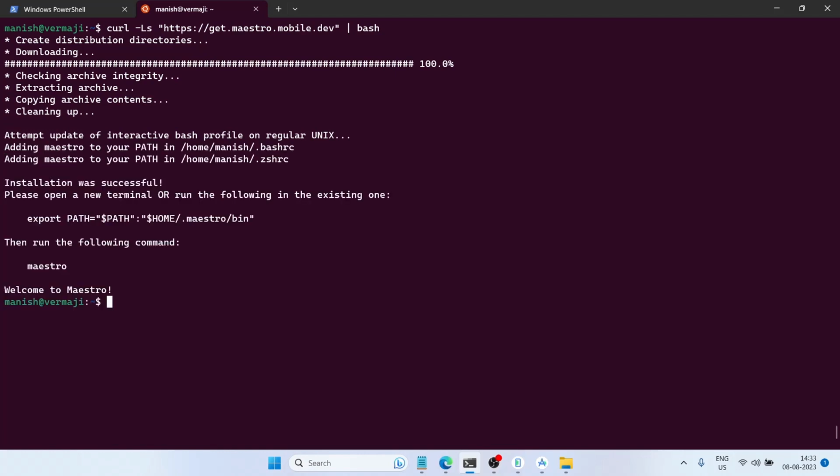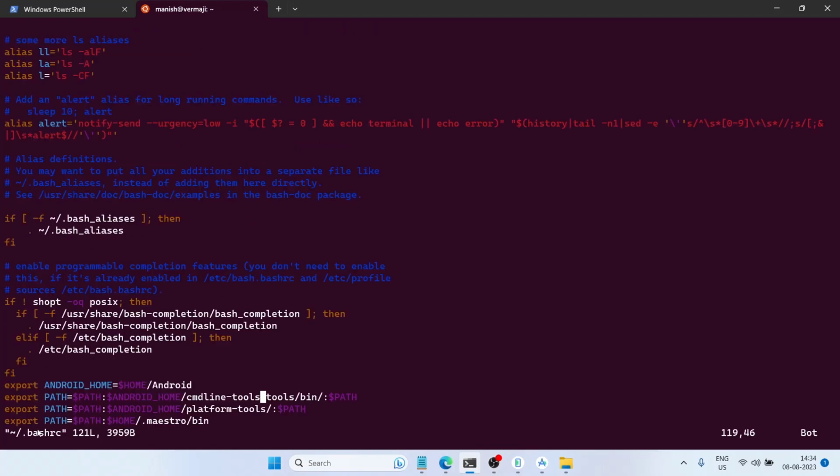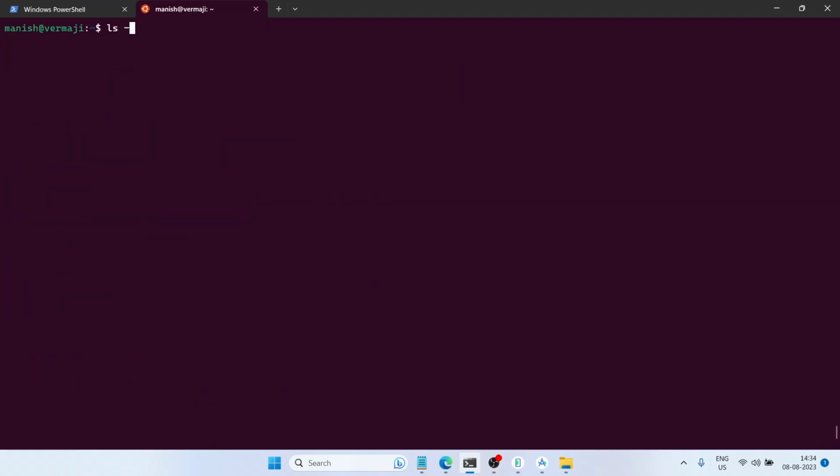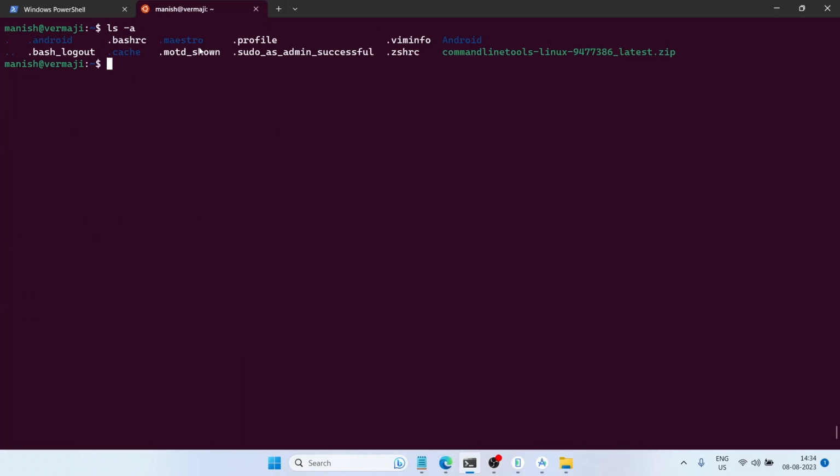Okay, so Maestro has basically created this path, everything and all. If I go here, vi ~/.bashrc, you can see that Maestro has automatically added .maestro/bin, and let's come out of it. And if I type ls -a, I can see there is a new folder .maestro has been created. Okay, this is actually how you install Maestro on a Linux machine or WSL. So